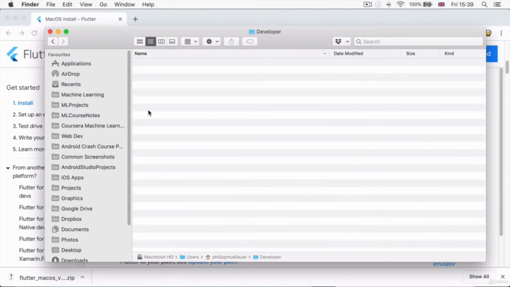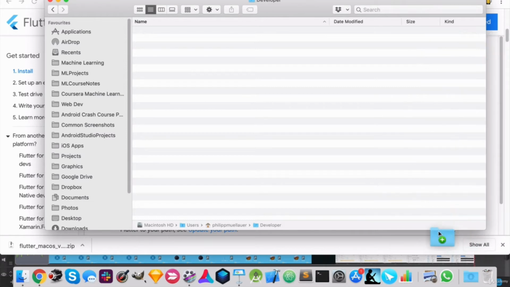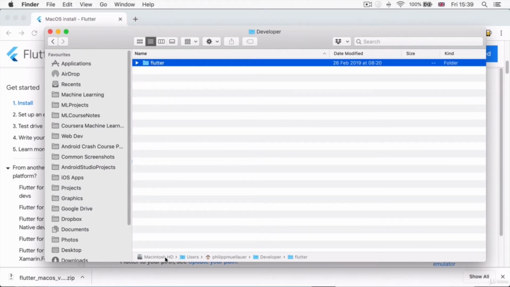And now we're going to move that Flutter folder that we had previously from our downloads into our developer folder. So now you can see the full path is Macintosh HD. So this is the root of our computer, then it goes to users, then to our username, then to developer, to Flutter. Now, once you've done this, then you're ready to move on to the next part, which is a little bit